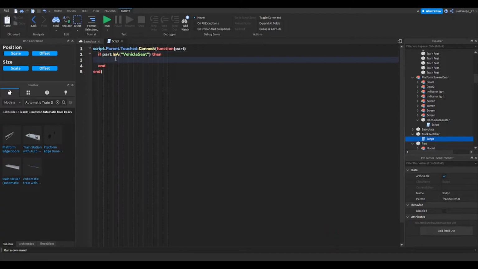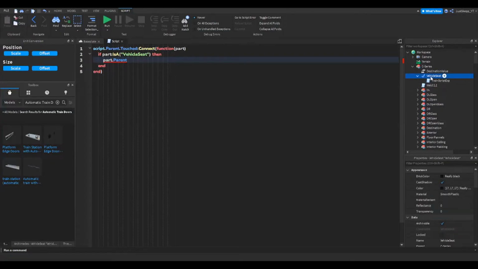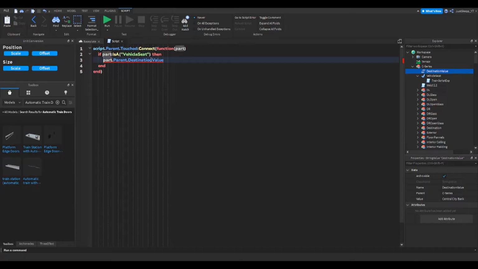Okay, now you fetch the train station, which is part.parent, which you have to check where it is. So vehicle seat, which is parent.destination value. So you can add local destination equals that dot value. If destination equals to city hall, which will check if the destination is city hall, then we'll now switch to